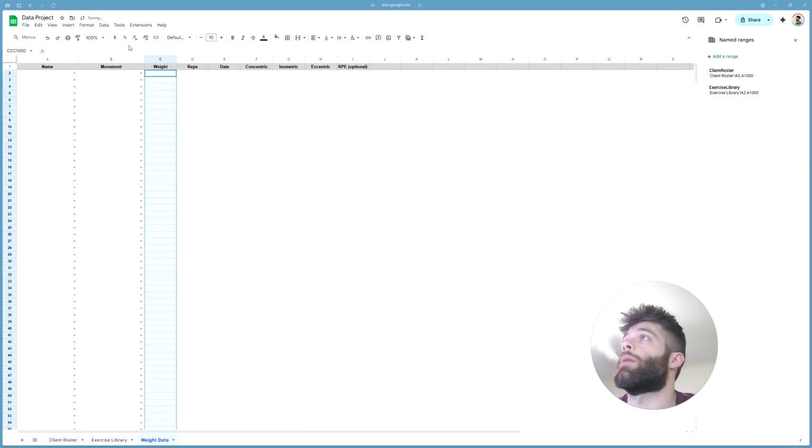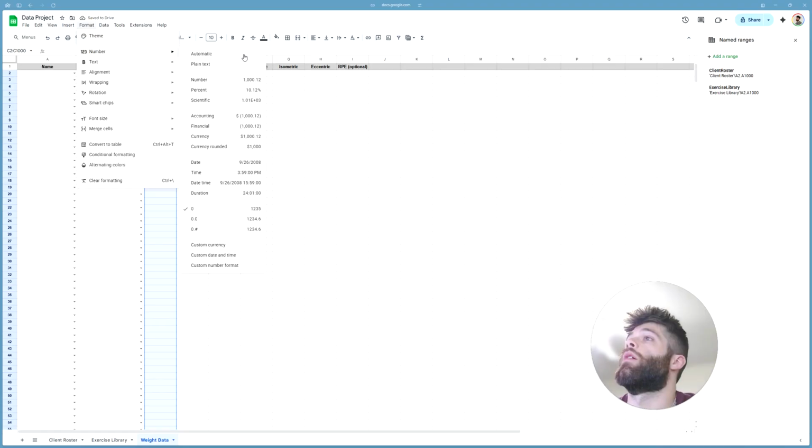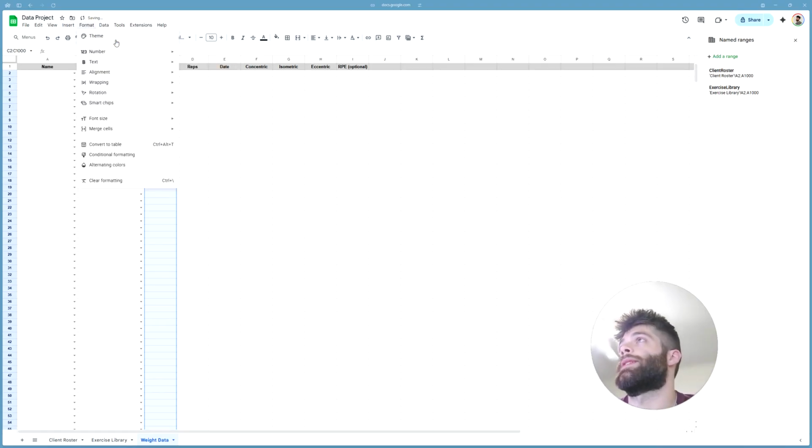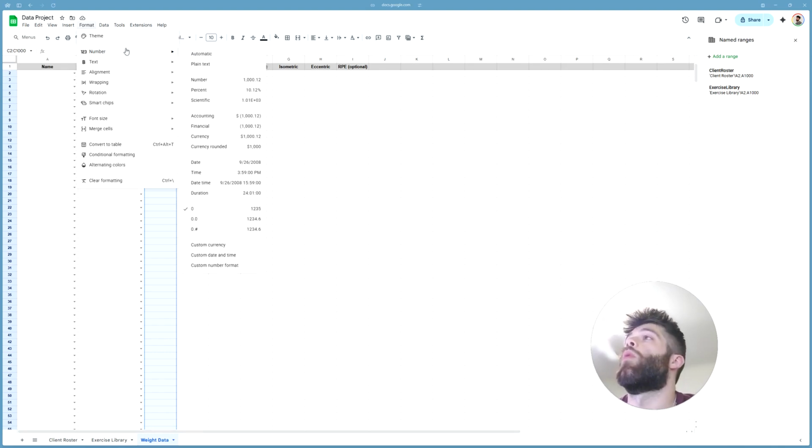It will normally be on automatic. We can allow it to round. We can allow it plain text, which means that it's not going to mess with anything that we do. The important thing here is, what are your rules? If you always want it to round, then we want to make sure